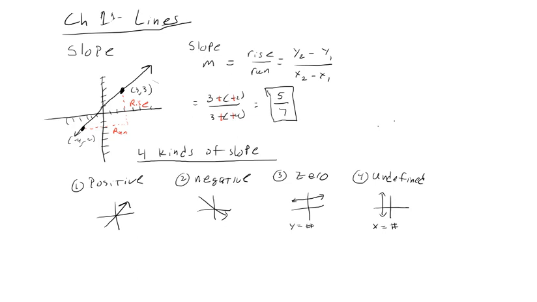Zero slope, the way you can remember, or if you ever get confused, wait, which one was 0, which one was undefined, think about the definition of slope. Slope is rise over run. So if you look at this 0 slope, the rise of this is 0. The run is here. Run is some number, but the rise is always going to be 0. So this is always going to be 0 over